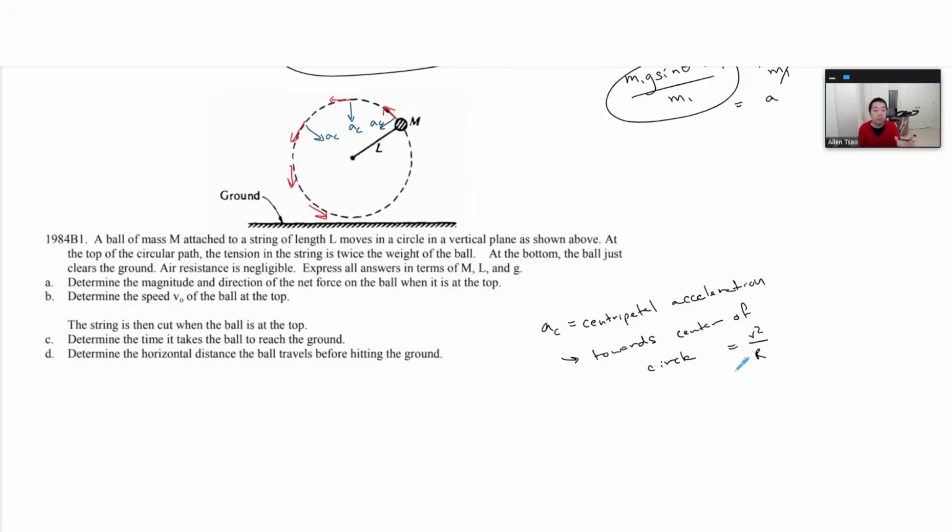All right. Now let's take a look at this problem and see how we go through that process, keeping in mind everything we're going to do. Oh, someone has a question. Why does centripetal acceleration always point towards the center of the circle? Okay. One is by definition, but in terms of what that means,